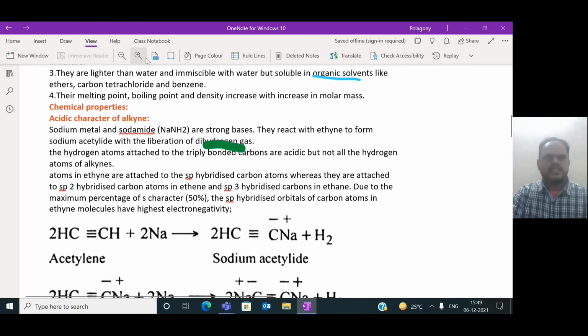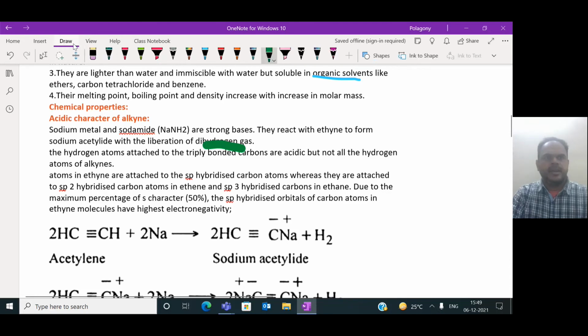So hydrogen gas is obtained when the sodium metal or sodamide, a strong base, reacts with ethyne. Then the product we get is the sodium acetylide compound, with the liberation of dihydrogen gas. With this we can tell that